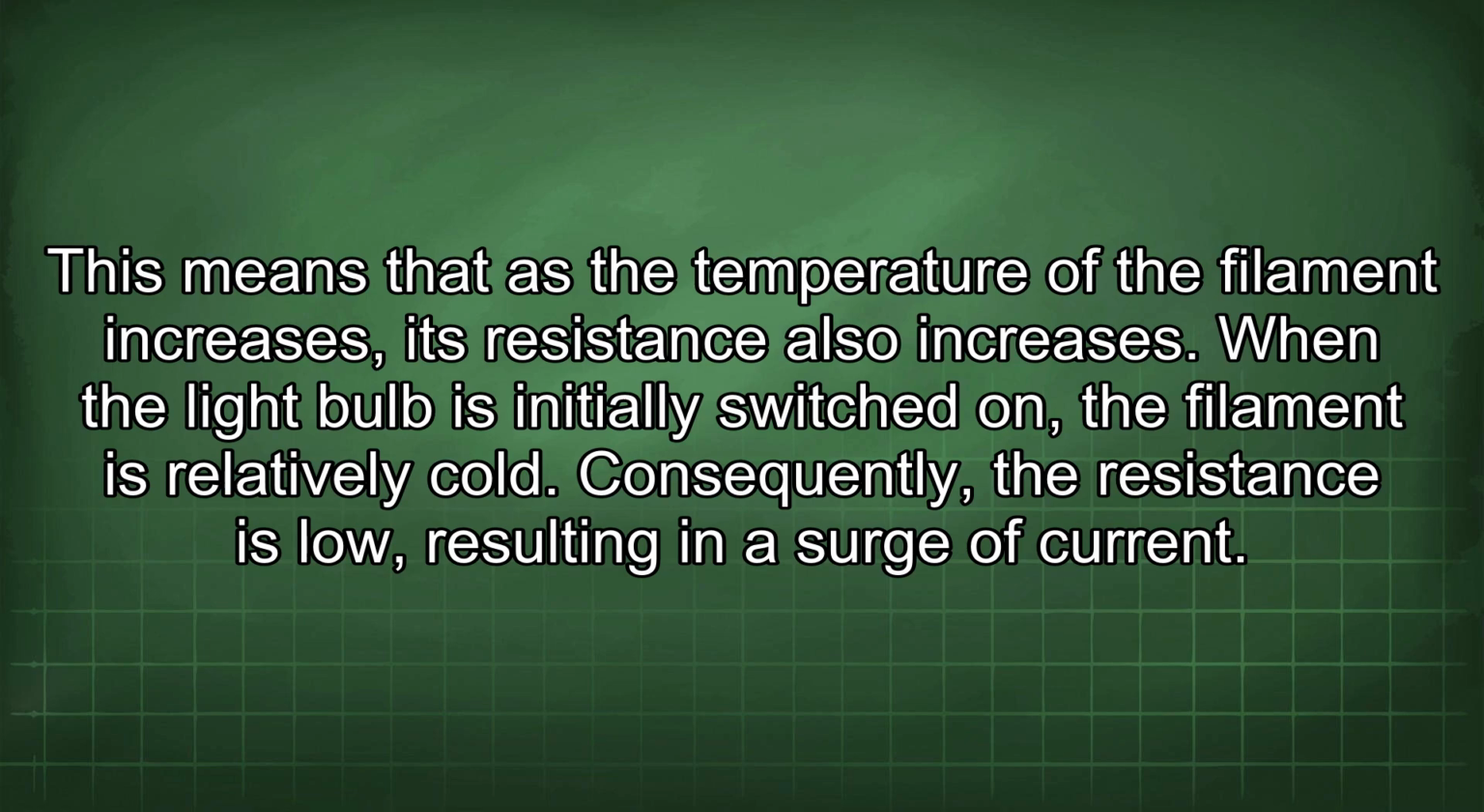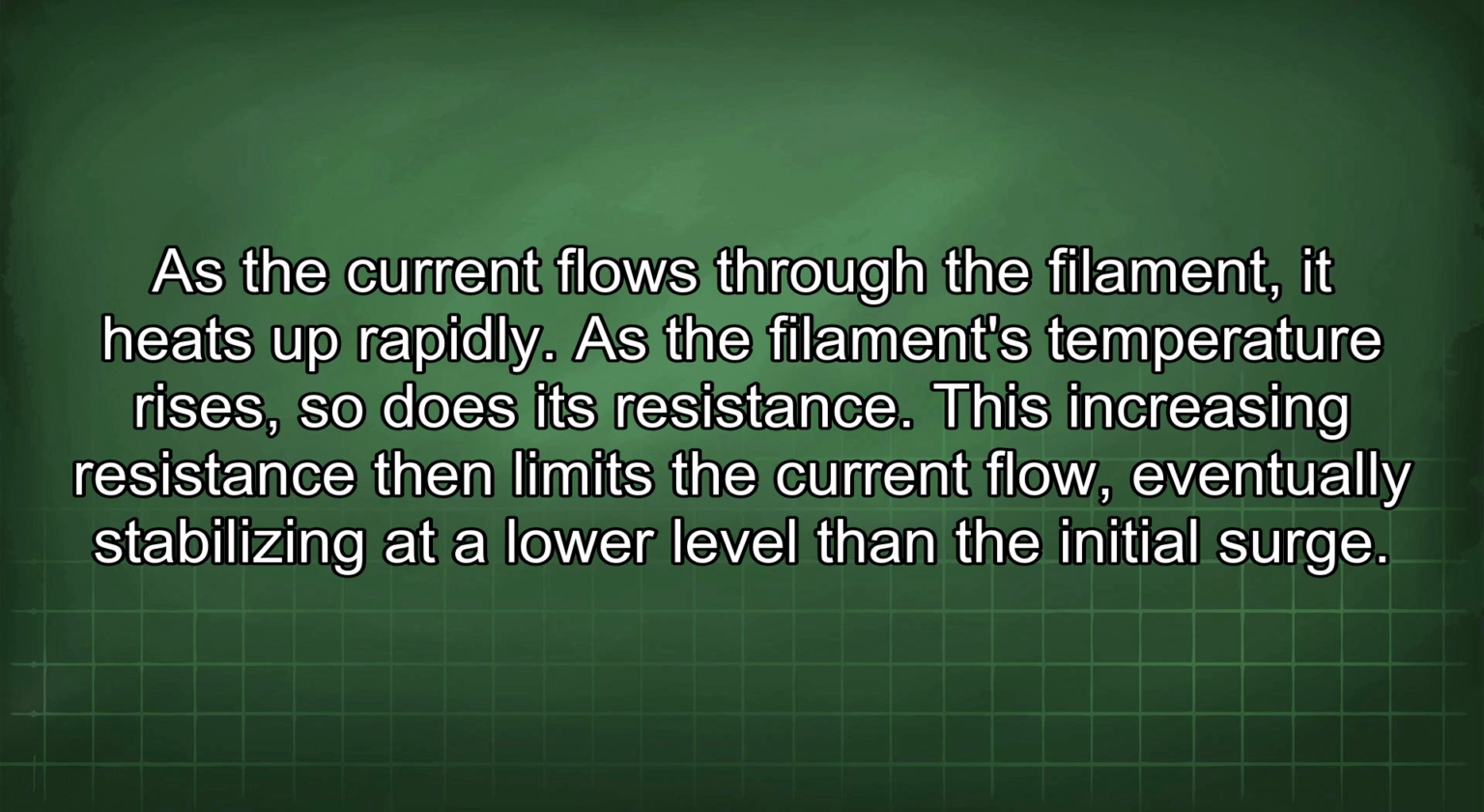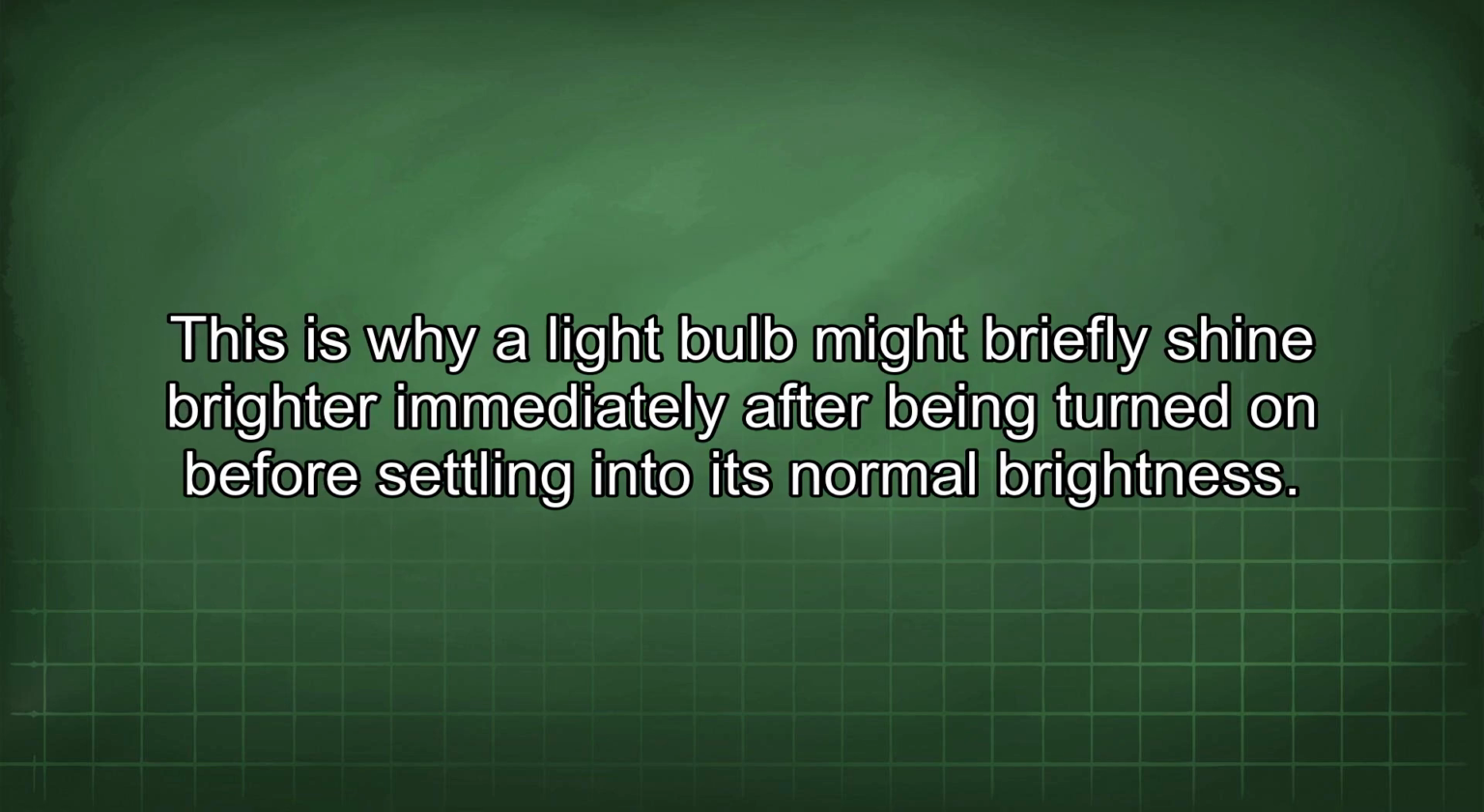When the light bulb is initially switched on, the filament is relatively cold. Consequently, the resistance is low, resulting in a surge of current. As the current flows through the filament, it heats up rapidly. As the filament's temperature rises, so does its resistance. This increasing resistance then limits the current flow, eventually stabilizing at a lower level than the initial surge. This is why a light bulb might briefly shine brighter immediately after being turned on before settling into its normal